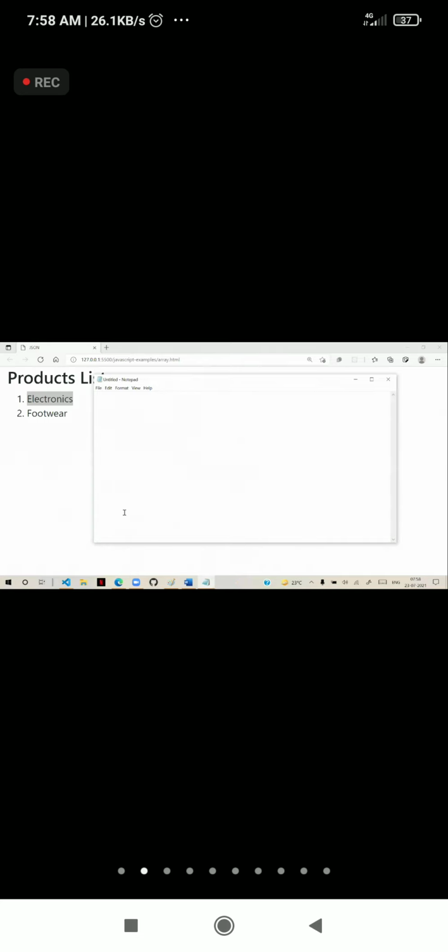We know the technique. We have an ordered list. In that ordered list, we have a list item, and in this list item we are displaying electronics. And in that list item, we need another unordered list. This unordered list must contain list items.